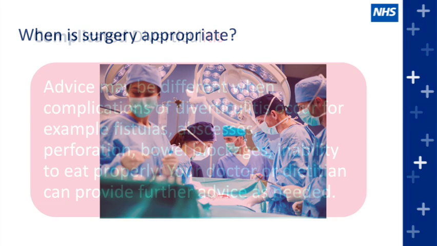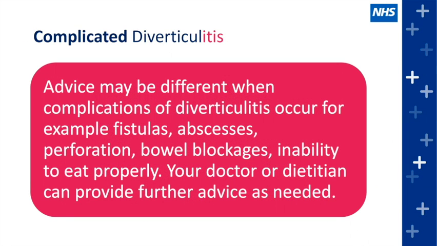In terms of managing complicated diverticulitis, this is where the situation has gone beyond inflammation or infection of one or more pockets. So that you may have developed a fistula, which is an abnormal connection between the bowel and either another fold of bowel or another organ altogether, such as the bladder or the vagina. An abscess, which can grow out of one of these pockets. Perforation, which is where the pockets tear and you end up with a hole in the wall of the bowel, or a blockage of the bowel where the diverticular disease is so